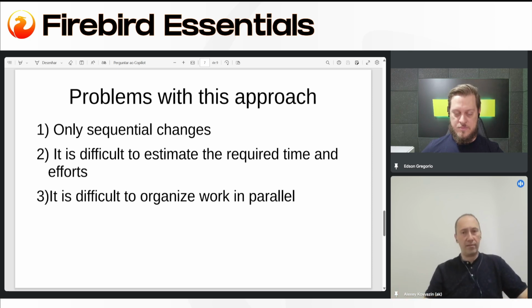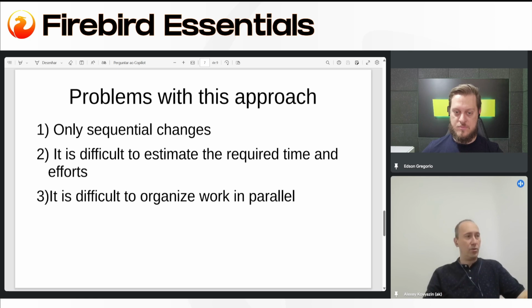If you have only 5 stored procedures, like in this small test database, of course, it's not a problem. But if you have 5,000 stored procedures, it will be like a nightmare not to see where this process will end. Will you be required to change all 5,000 stored procedures, or are there only 50 of them which require